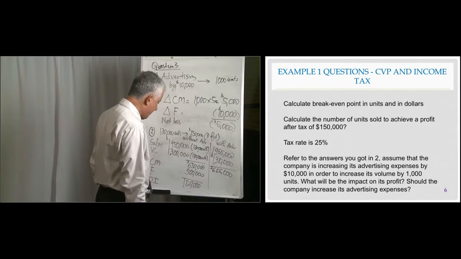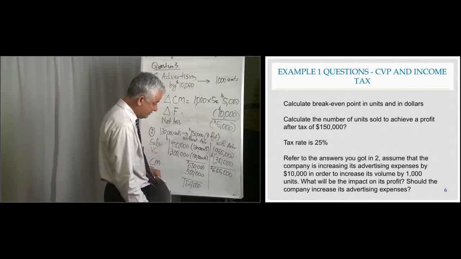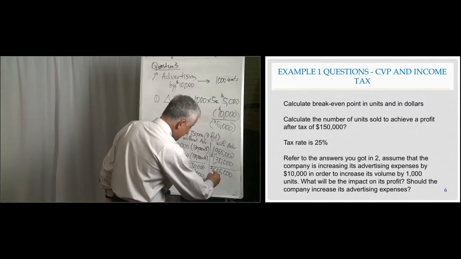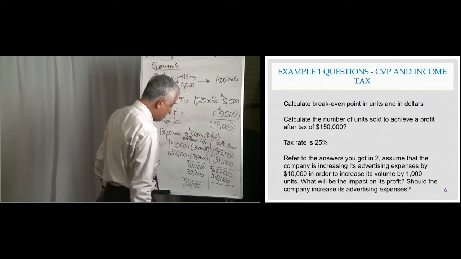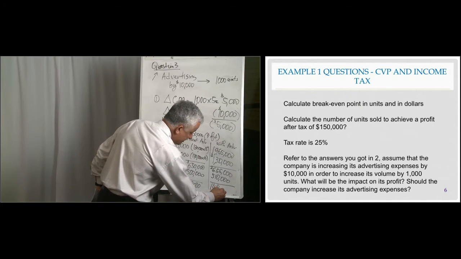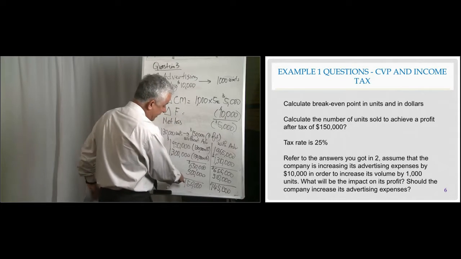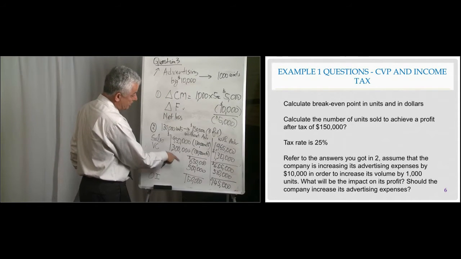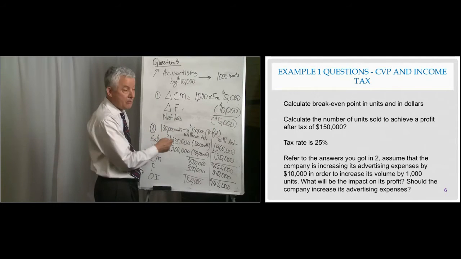Now, how much would be our fixed cost? Our fixed cost will go up by 10,000 from 500,000, since we invested in advertising. So it's going to be 510,000. That will give us an operating income of 145,000, which is 5,000 less than the status quo, which is without advertising. We get this same answer by using the contribution margin per unit.